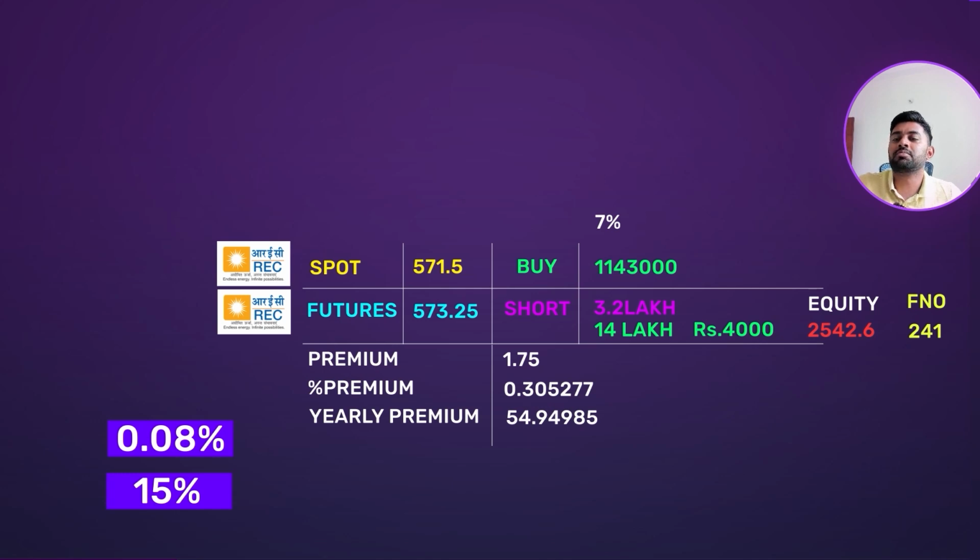So if you ask me, should I do an arbitrage opportunity as a retail trader? I would say do an SIP. That would give you better returns, because most of your profits are taken away in the form of STT when you're doing arbitrage where equity is involved. So if you're finding any other arbitrage opportunity where equity delivery is not involved, it would make more sense to capture that. But if you have an arbitrage opportunity in mind where equity delivery is also a component, I would strictly say no to it, right?